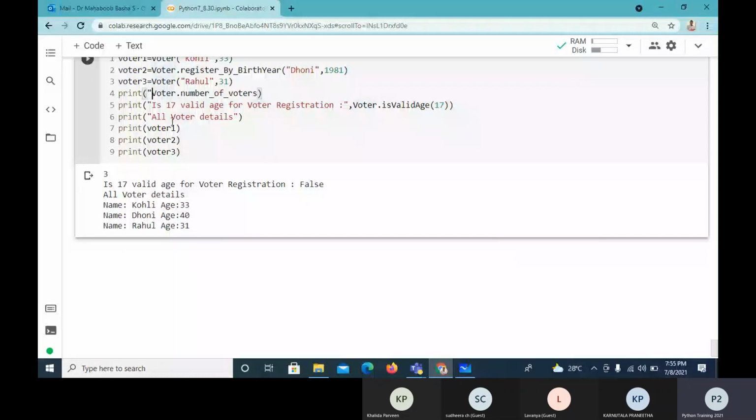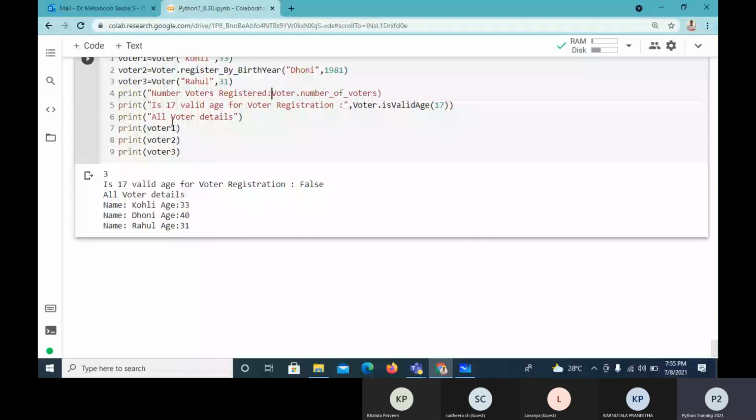Here I'll say number of voters. So this is the one I'm creating.